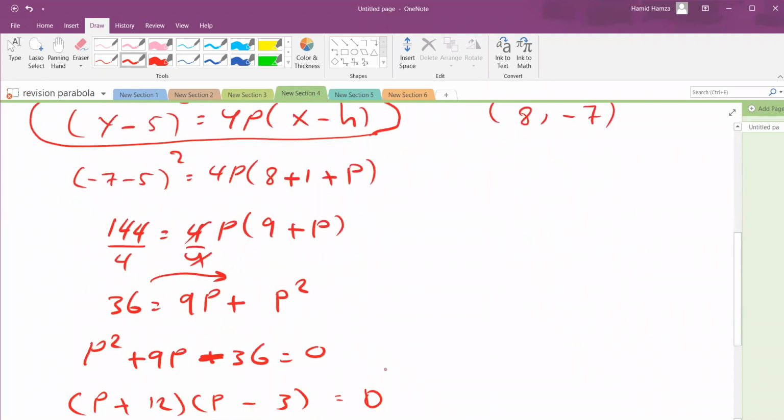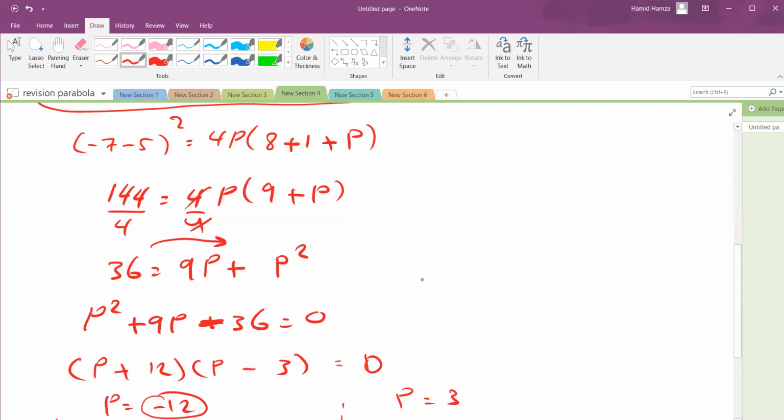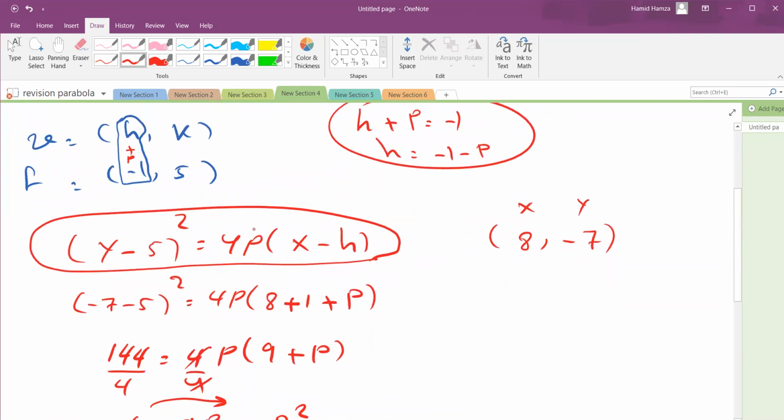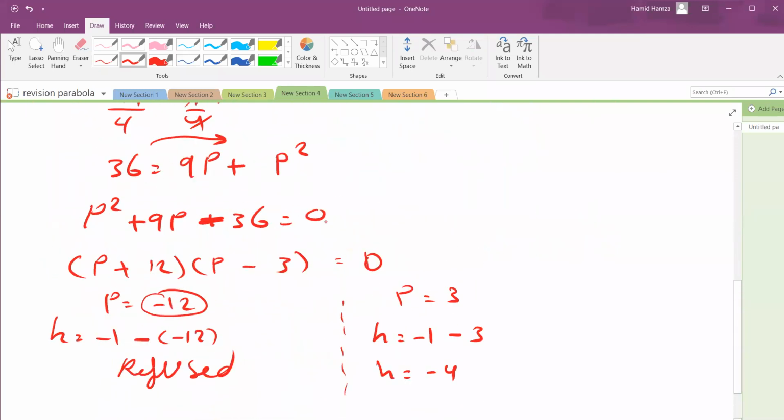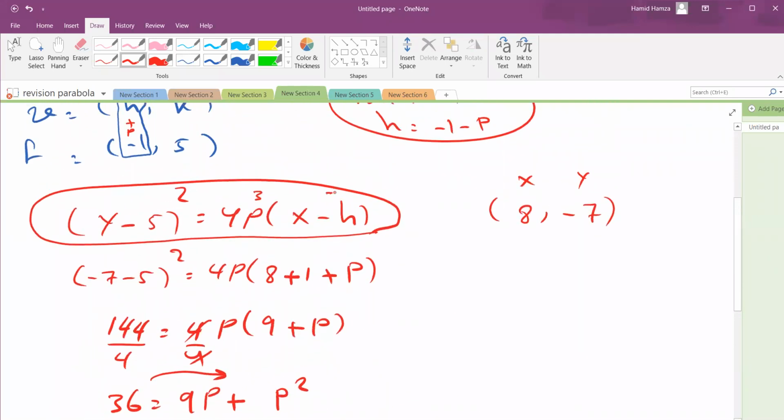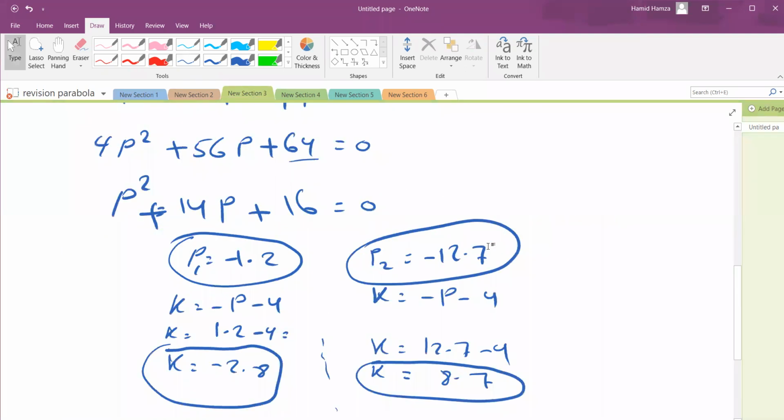احنا اتفقنا إن ال P ب 3 وال H بنيجاتيف 1. يبقى ال P ب 3 وال H بنيجاتيف كام؟ نيجاتيف 4. يبقى الإيكويشن هتبقى كده: y minus 5 power 2 equals 12 x plus 4. دي هي الإيكويشن المطلوبة. أي سؤال يا شباب؟